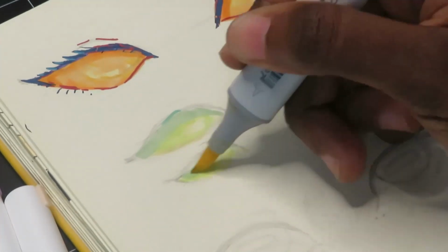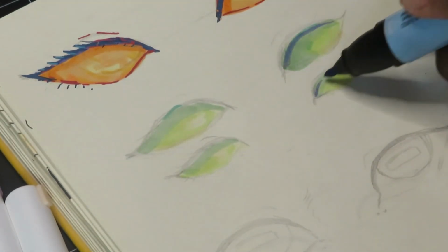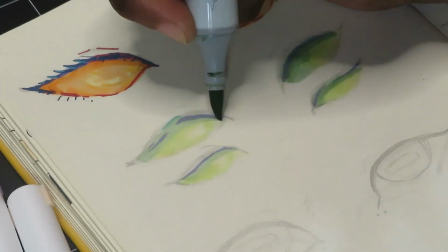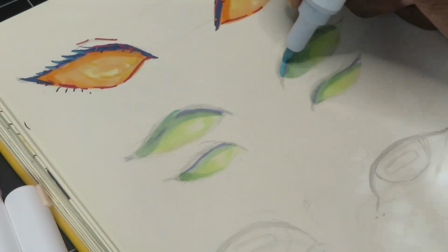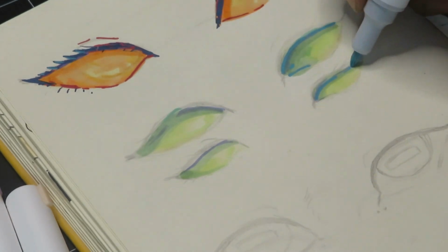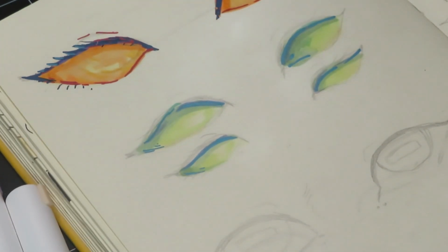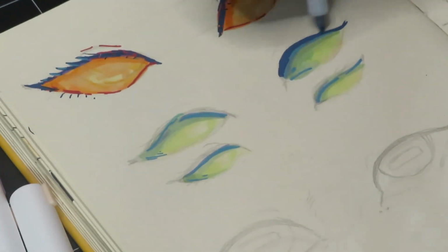this paper is not actually optimal for blending out marker, and I'm also just not very good at it. But I've got like pro markers here. I'm using a Copic Acrea. I know I said that I would just use one brand, but honestly, you can mix brands, and if you have a cheaper brand of alcohol marker, you can pretty much blend it and mix it with other brands. So don't feel like you're so beholden to one brand, because if one brand works better than another,